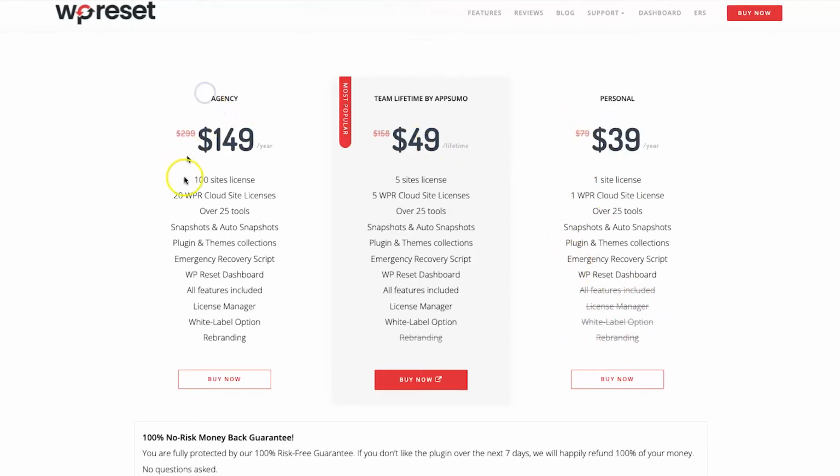Or we've got the agency, which is 100 site licenses, slightly higher, and you also get a license manager and white label functionality, which is great if you have multiple clients. You can also add this as a package. And then, like you can see here,